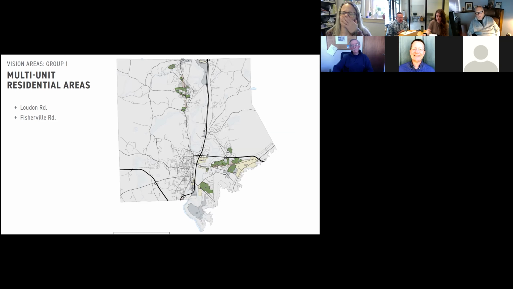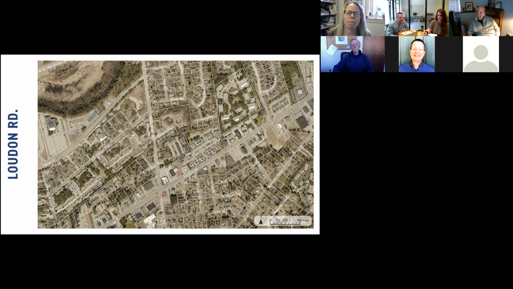It's really where you see the green in the image. So the green on the map is the kinds of places that we are talking about. And when we look specifically at one, this is Loudon at Eastside Drive. And when you have a chance to look at this, what you're seeing is some challenges from a land use